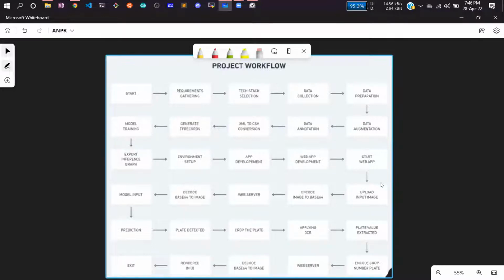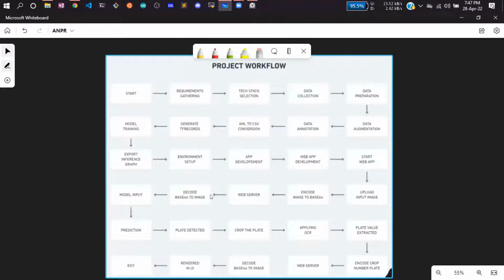Sorry for the disturbance. Okay. So after doing the annotation, you need to do the XML to CSV conversion, because after doing the annotation, we get a file called XML. The XML annotation file is the thing we need for this TensorFlow object detection. I think it has already been shown in the class when you were learning about TensorFlow object detection. Then from this XML you need to convert to CSV, and this CSV you need to convert to